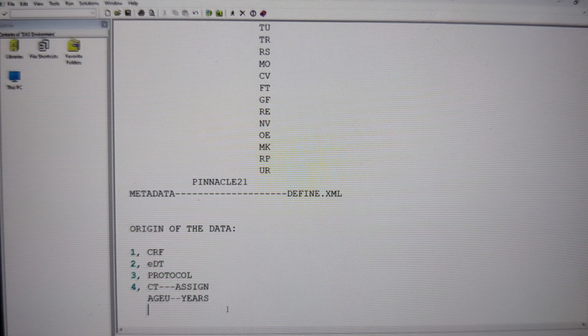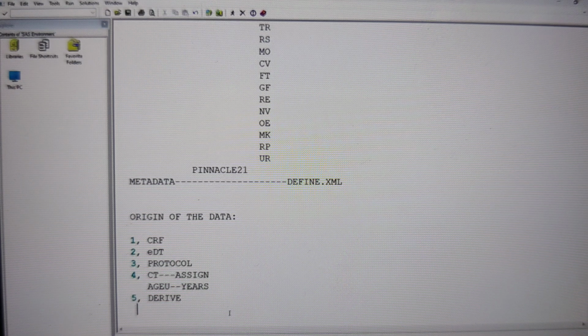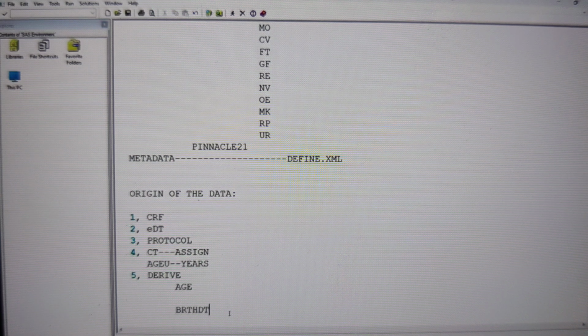And the next important thing: sometimes as a SAS programmer, we are going to derive that value. We are going to write a SAS program, and based on the SAS program we are going to derive the value and keep the derived value. I will tell you the best example. There is going to be a variable called age in the DM dataset or DM domain. Where can we find the value? You will not find this value anywhere. In the CRF sheet, we have a birth date, and in the CRF sheet, we have a treatment start date.